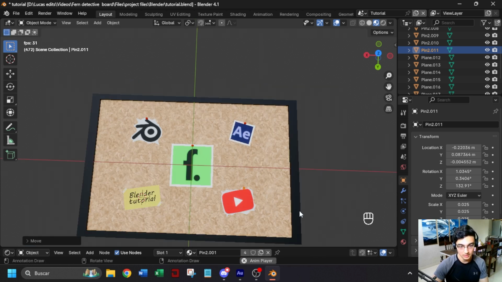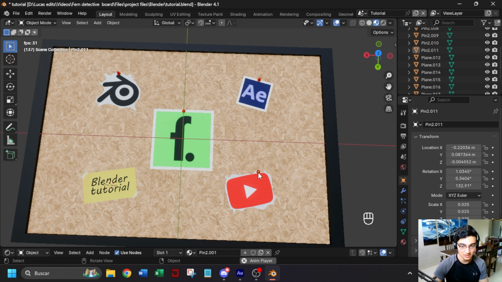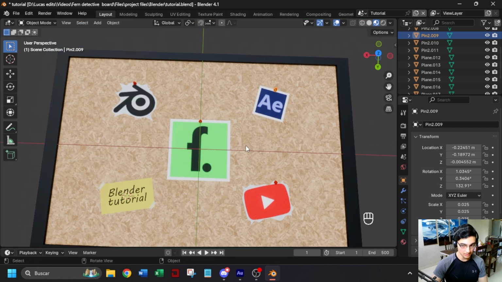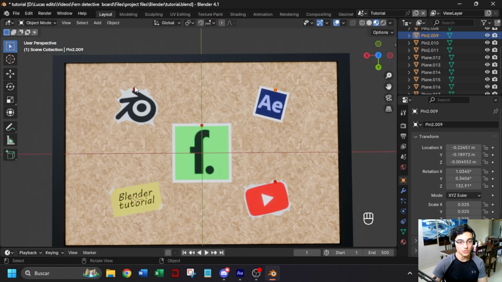So yeah, there are going to be pins here, here and here, but here not, because it has like this. So yeah, I think that's fine,